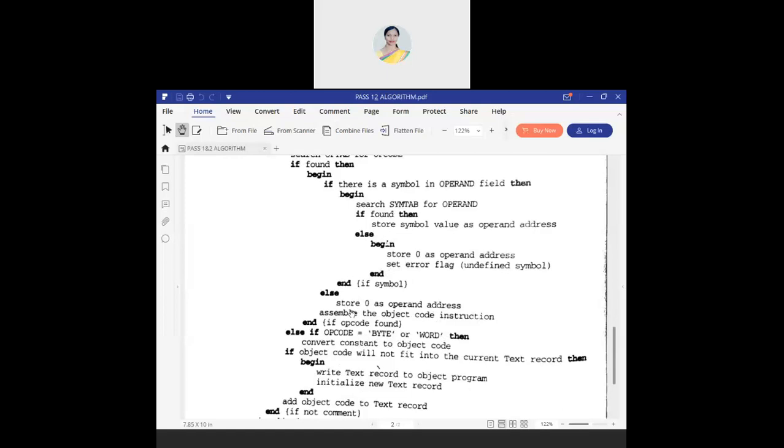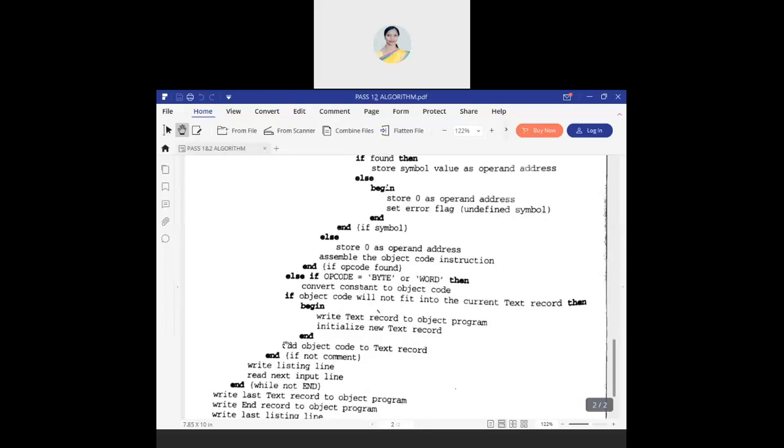Assemble the object code instruction, that is the right hand side, and if opcode equal to BYTE or WORD, convert the constant to object code. That's what you did, no? Byte you converted to the respective object code, and word also you converted into object code. If object code will not fit into the current text record, then write it to the object program and initialize a new text record.